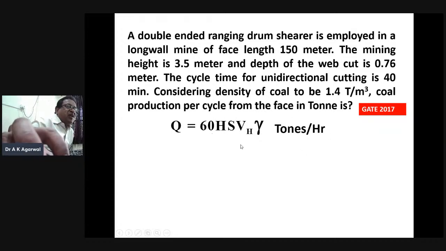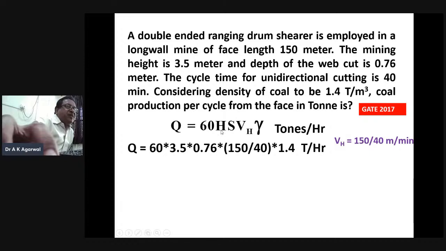So let us put all these values here. Haulage speed is 150 upon 40 meter per minute because it cuts 150 meter in 40 minutes. Let us put all these values here: 60, height of the seam is 3.5 meter, depth of the cut or web cut is 0.76 meter, haulage speed is 150 upon 40, and density is 1.4 tons per hour. In 1 hour this much will be produced. If I simplify it, I get